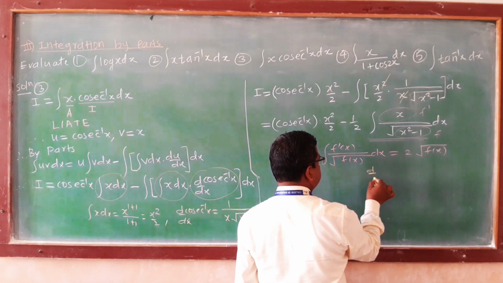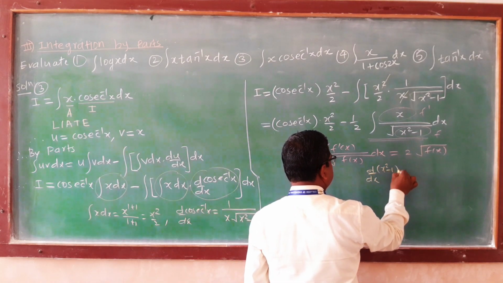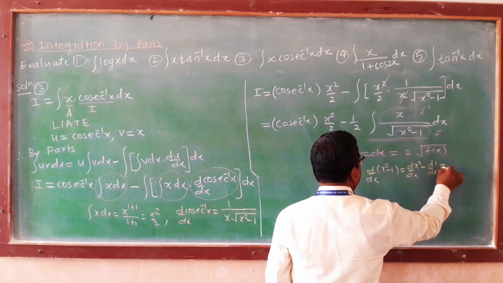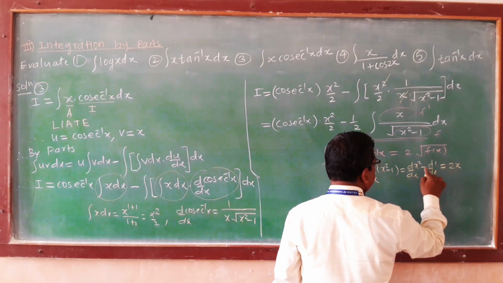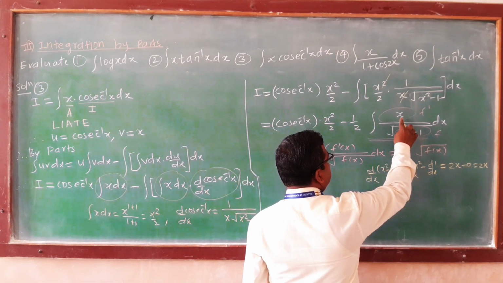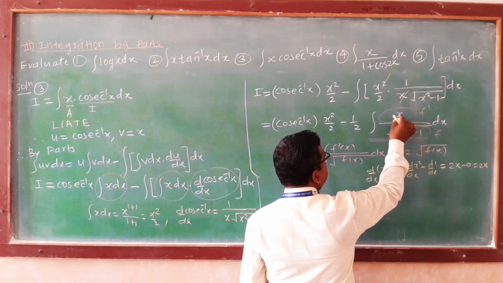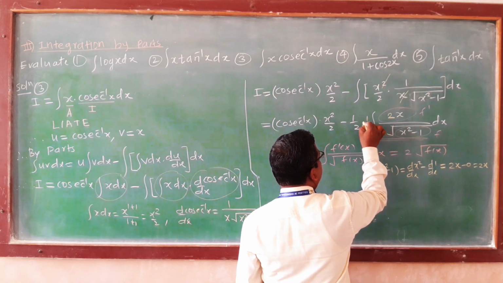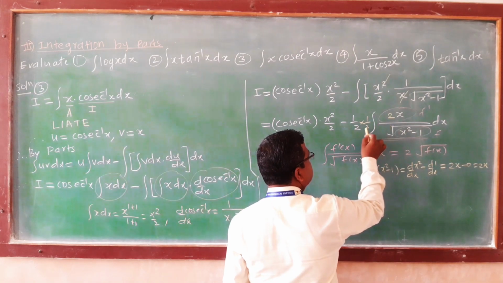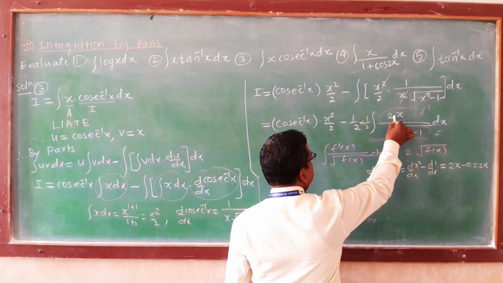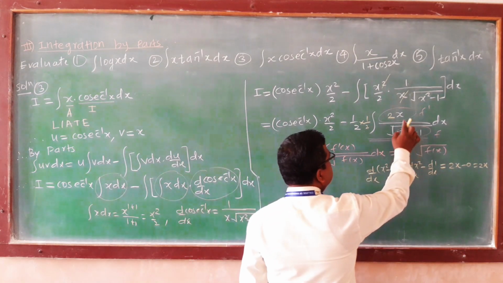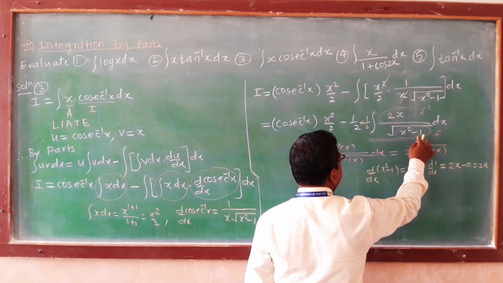See this, d by dx of x square minus 1 is equal to d by dx of x square minus d by dx of 1, and derivative of x square is 2x minus 1, that is 0, which is equal to 2x. Now to write 2x here, multiply by 2 and divide by 2, so that f dash comes, we need 2x here. And after taking 2 here, what do we do again? Divide, so that they will get cancelled and there is no change in value of integration. Now this integrand is in the form f dash upon f.